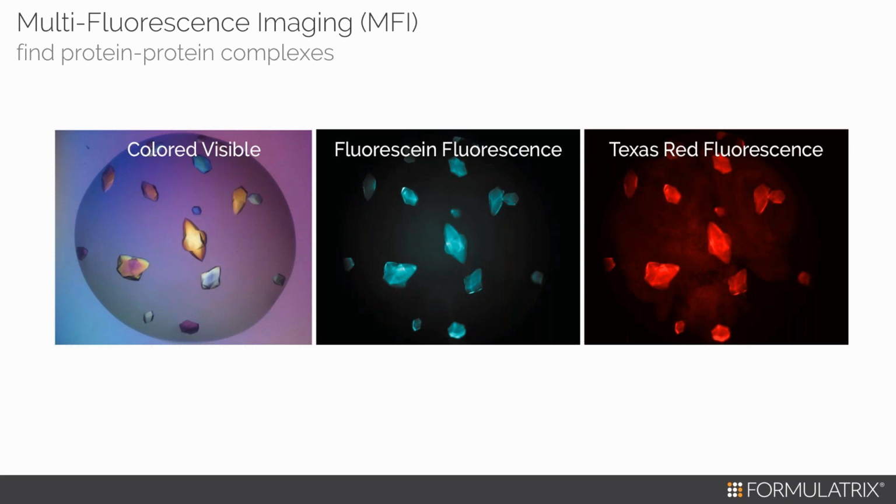The other important application of multifluorescence imaging is if you are studying protein complexes. So let's say you have protein A and protein B, you bind them together, set up a crystal plate, and you get crystals, but you can never be sure whether the crystal you have is a complex crystal or a crystal of protein A or protein B until you collect the data and solve the structure. So what you can do then is bind protein A with dye 1, bind protein B with dye 2,